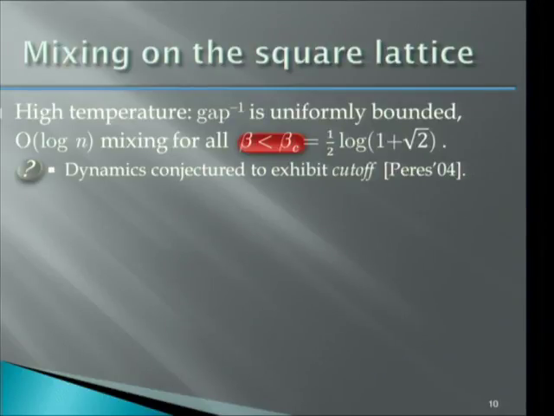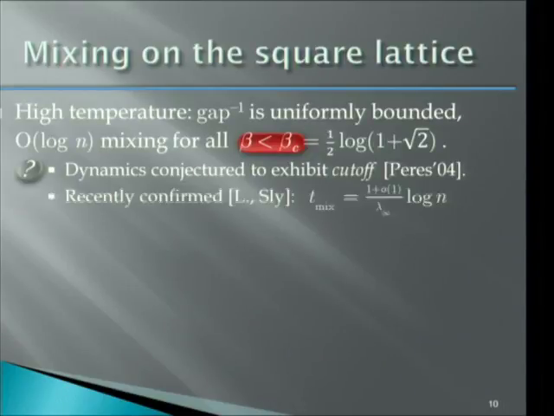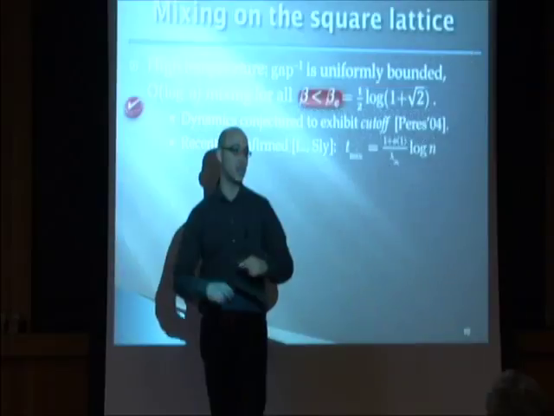Okay, this was a conjecture by Paris. This is something that I mentioned before, this abrupt mixing on lattices. It was still unknown at high temperature. And this is something that we worked on, again, with Allan, where we showed T-mix exactly. So again, no need for epsilon, because it's for any epsilon. And we know that there's abrupt mixing exactly at a given point. And here's the constant. It's 1 over lambda infinity, where lambda infinity is the spectral gap of the infinite volume